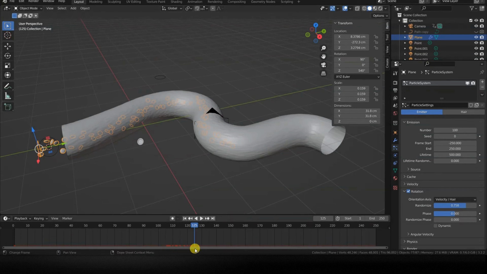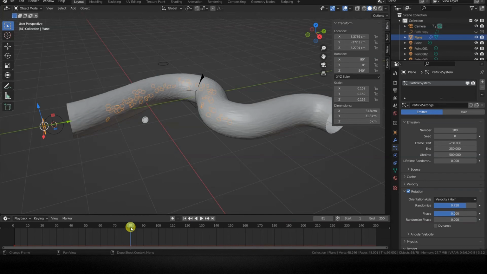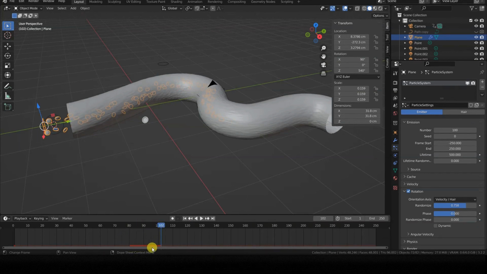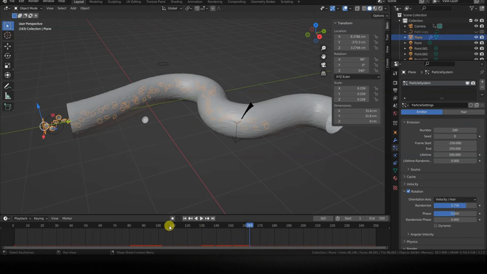Before closing this tutorial, a small observation on the caching of the particle system and some issues that may arise during rendering, especially after having done various intermediate renderings to display the state of the scene at various moments before proceeding to the final rendering of the animation. In these cases, in fact, you might see a red line appear at the bottom of the timeline, indicating that Blender has calculated and cached the animation up to that point.